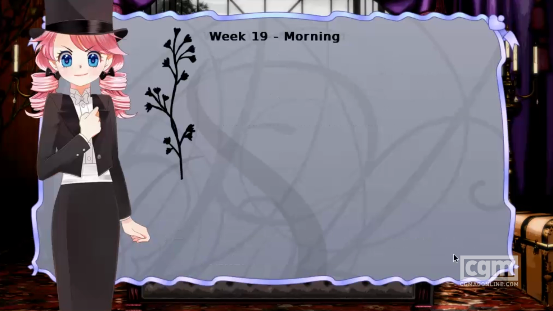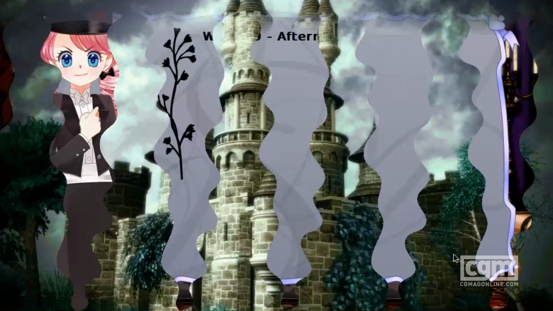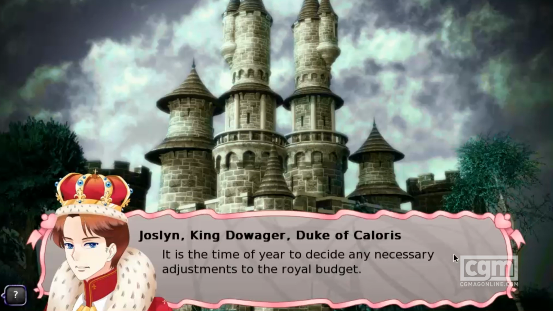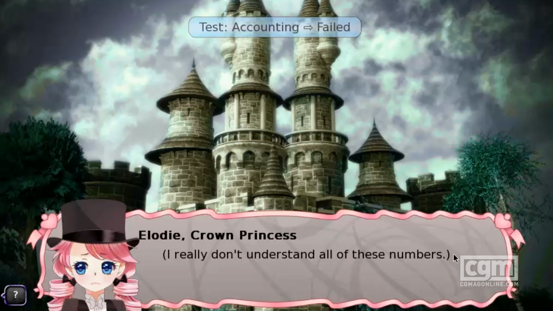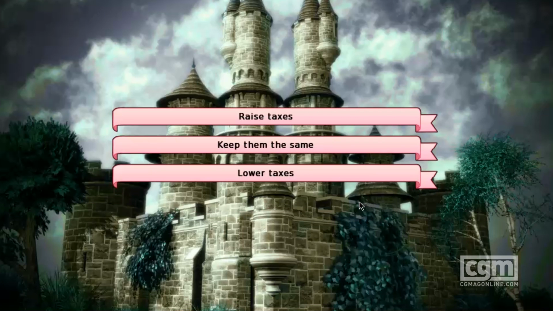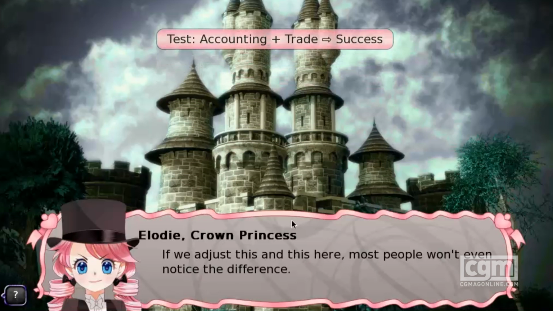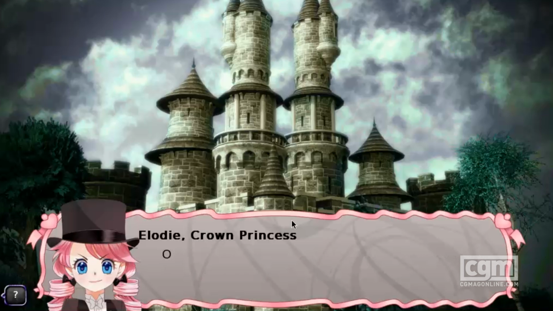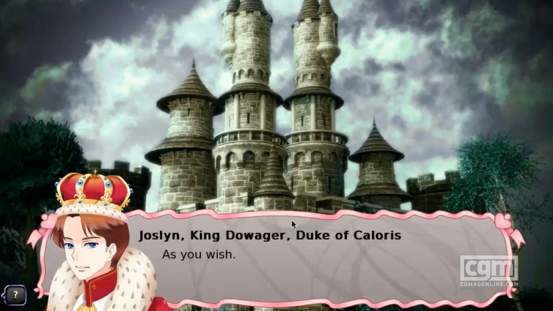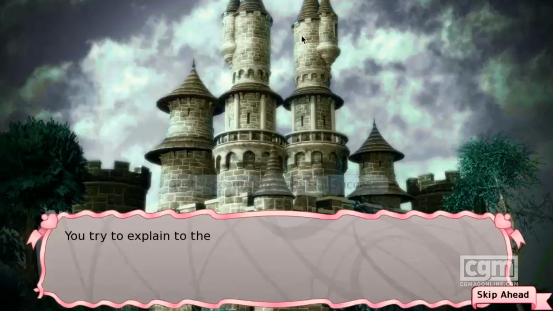Okay, good. We know more stuff about druids, because apparently druids are involved in production. Alright, so we have to actually... We don't have enough economic knowledge despite training in it to understand our taxes. Great job. Just raise it. More money's better. And we'll just hide it from everybody, because that's worked so well in real life. Yep. He just goes along with everything. Fine. You know what? Now can I have...